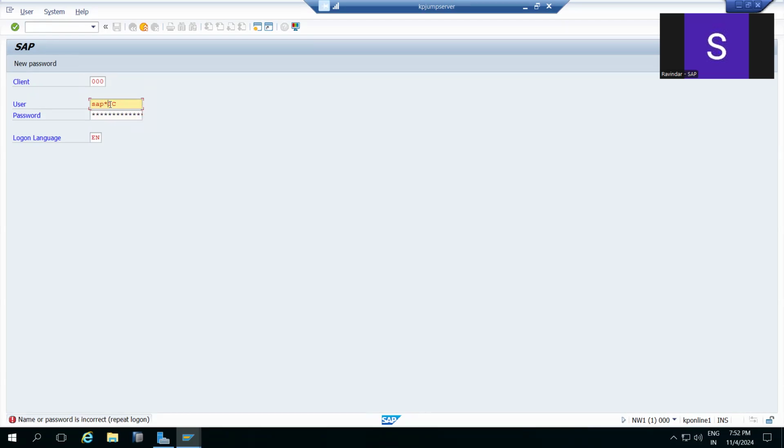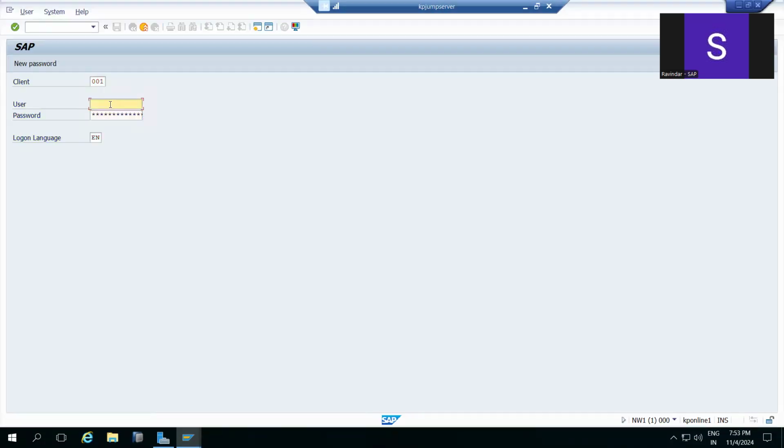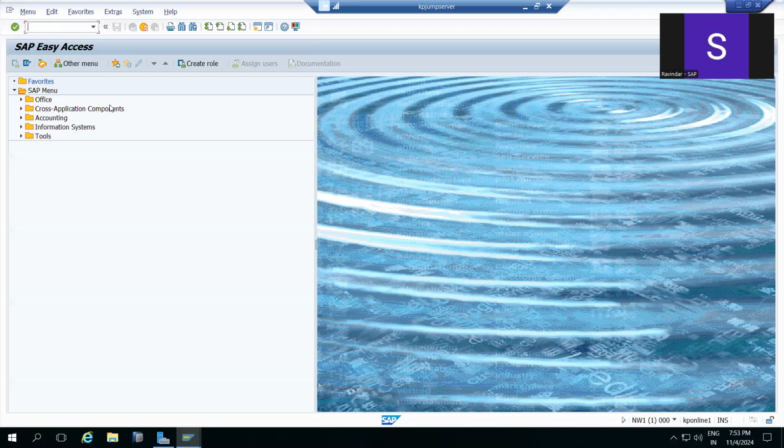Any user which is there in the domain controller, okay, at least basis is working.